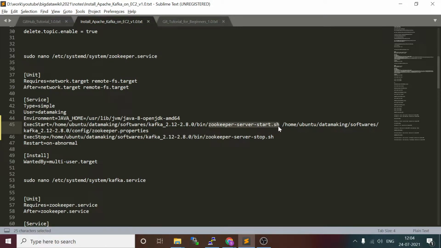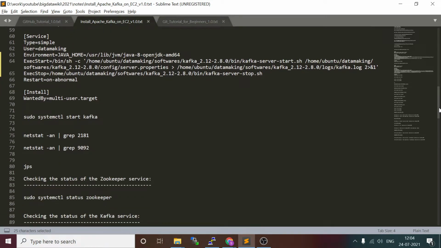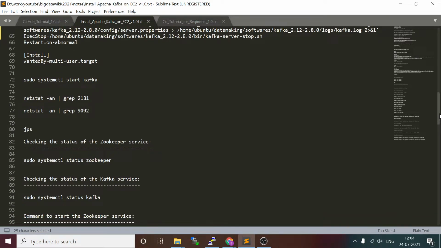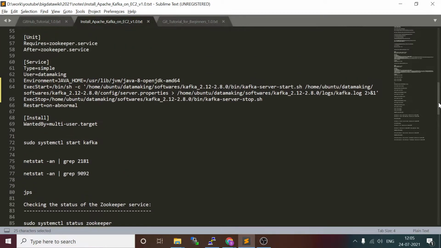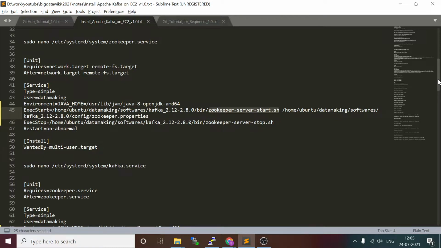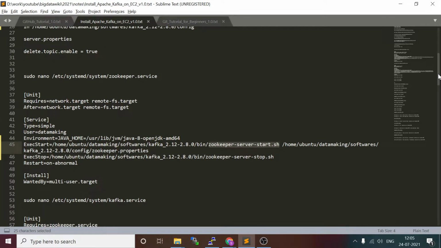I want to create a service, so that we can use commands like sudo systemctl start kafka and start zookeeper. I want to create a service file so that you can easily start, check the status and other things. For that, you need to create unit files in the